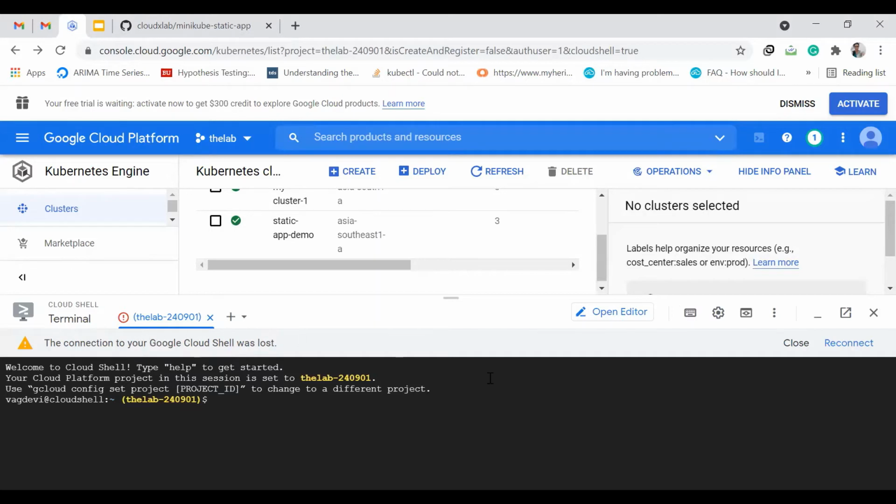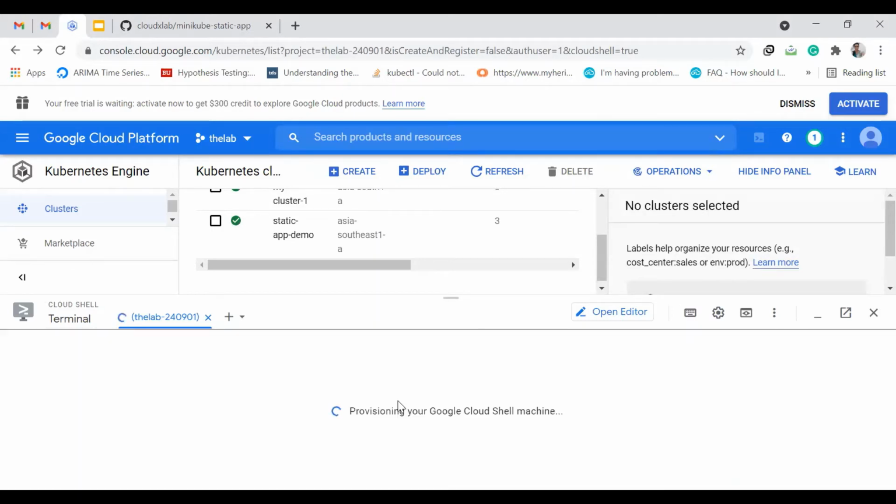This seems to have lost connection. So when this happens, you can just click on reconnect. Might take a bit of time.